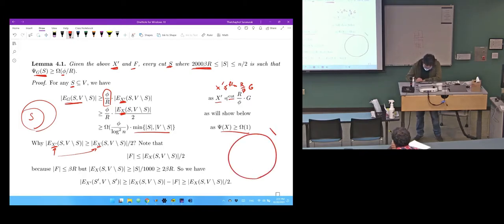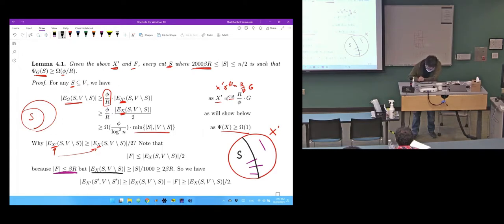So this is X, maybe X prime, but there are some fake edges lying around, and the number of fake edges is just here, beta R. Okay, and now let's say that S is a cut which is balanced, then if you look at the cut in X,